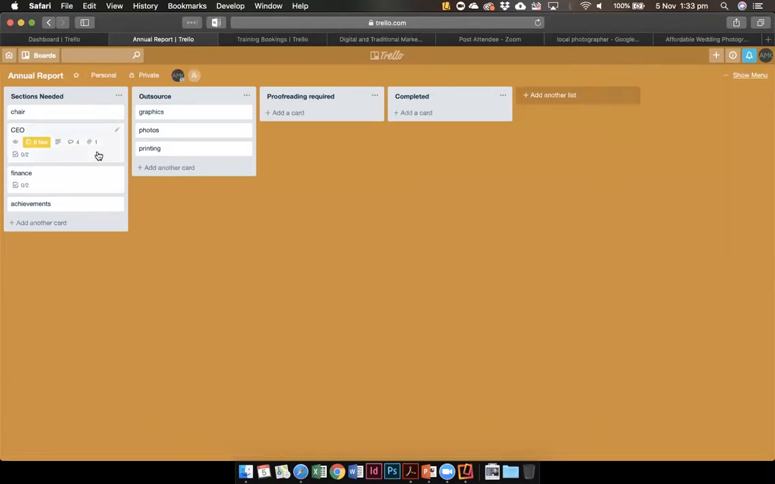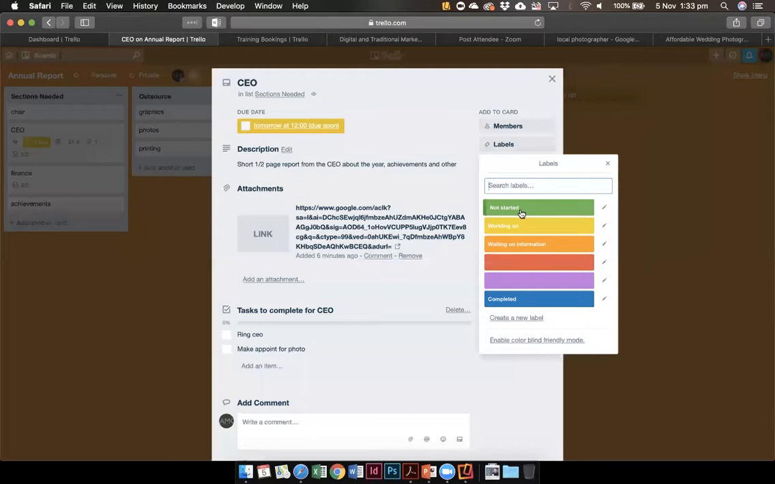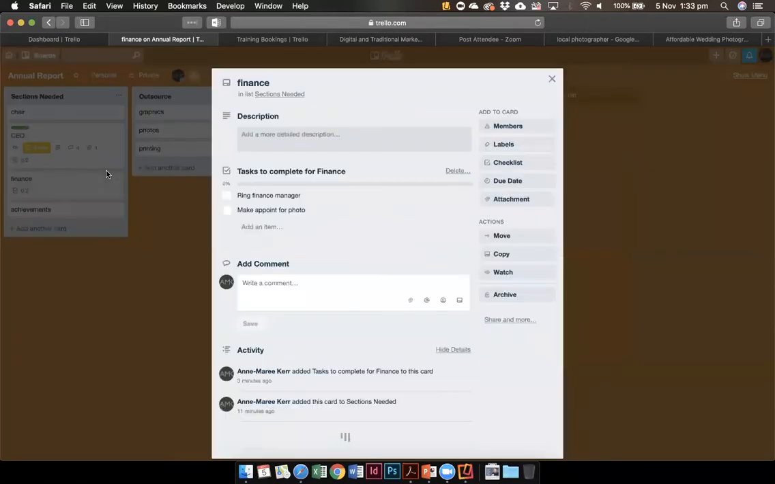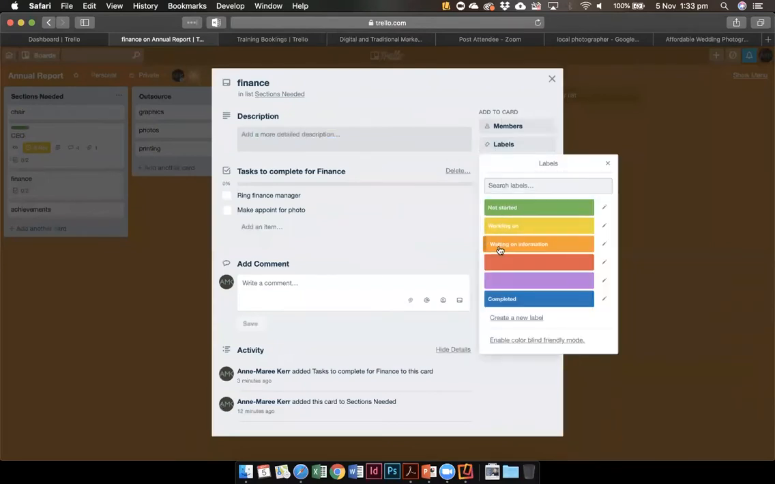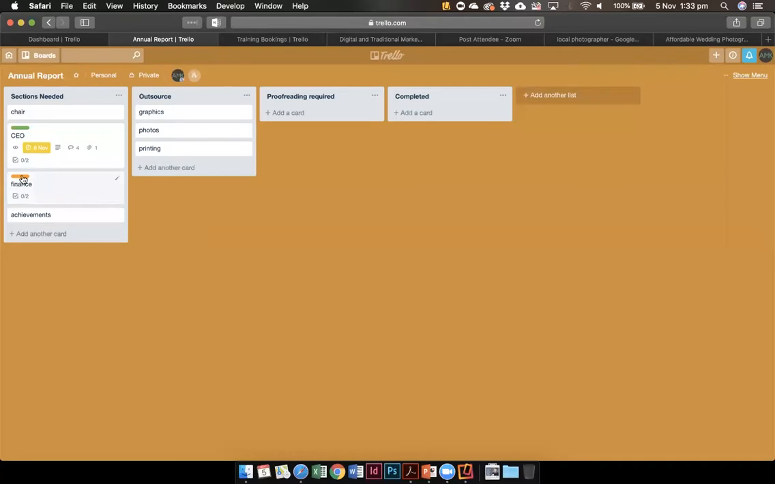When I go back into my card and go to my labels, I can choose which particular label is going to suit. So I might go, right, I'm going to put the not started label on this one. I'll close that one up. We'll go on to finance, and the label I might use for this one is waiting on information. We'll close that one up. So you can see I'm getting these little tabs popping up. And what's really great there,